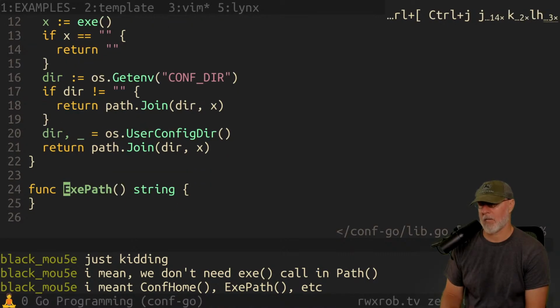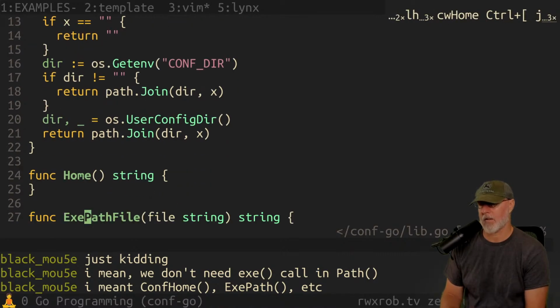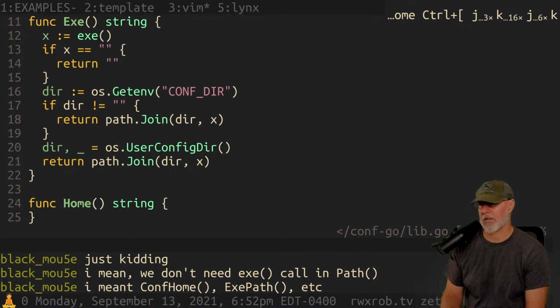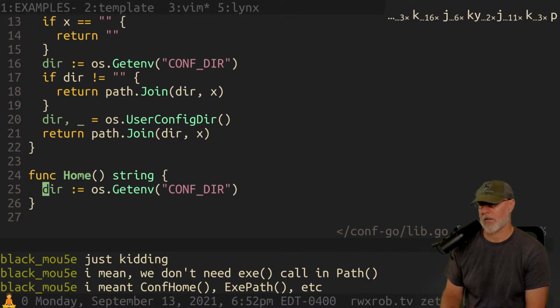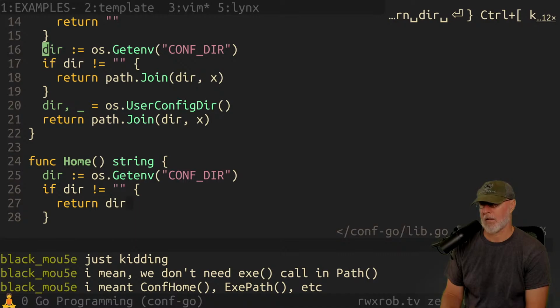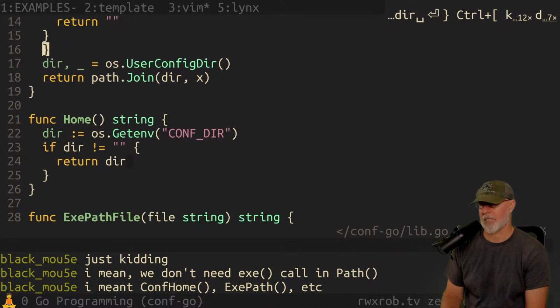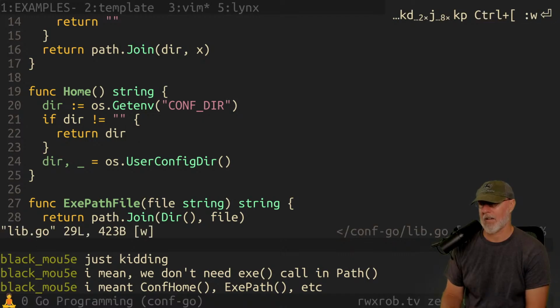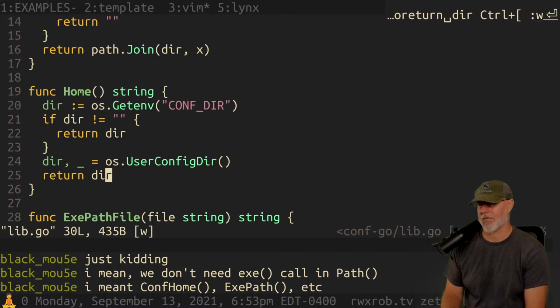But we do need home. Conf.home. And conf.home is this stuff. So home, yep, that stuff's all going to go away. But that gets rid of that redundancy, which makes me very happy. You know what I'm talking about? Yeah. This is good. This is much better.